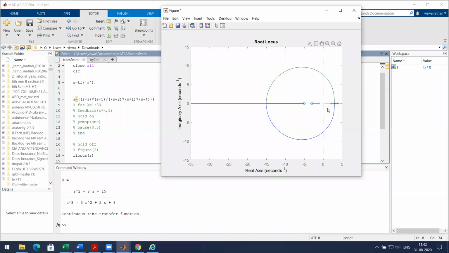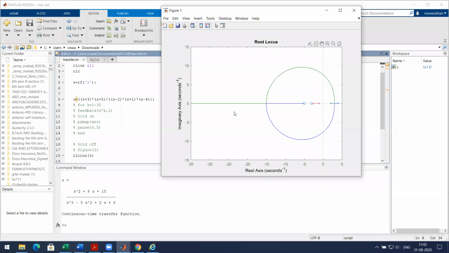So how many poles can go to zeros? Two poles. Okay, two poles can go to zeros. This pole will go to this 0, and this blue one is coming like this. It's meeting over here and then taking this direction and going to this 0. There is one more pole which is not able to find a 0. So it comes like this, meets over here, and then goes to infinity.